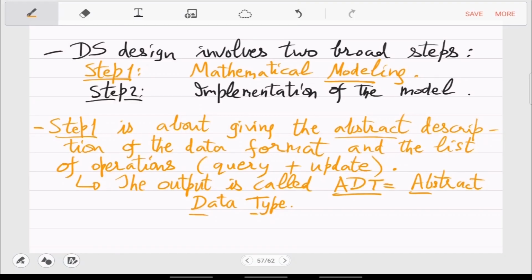Okay, so the ADT is basically just a type that you have defined. Okay, so it will not be as simple as int or an array of int. It won't even be as simple as a matrix of integers, but it will be usually more complicated.